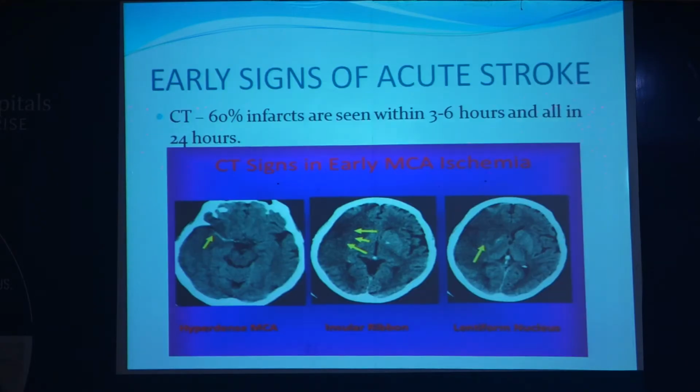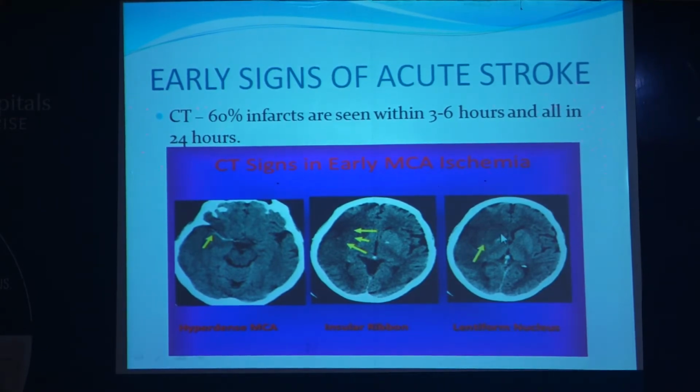So, early signs of stroke. When CT is done, only 60% of infarcts will develop in the first 3 to 6 hours, and the rest 40% cannot be seen in an early phase on CT scan, and all infarcts will develop in 24 hours. So now, as I told you previously, there is loss of differentiation between the basal ganglia and insular ribbon,